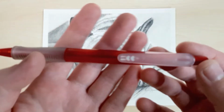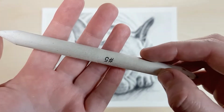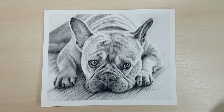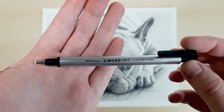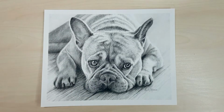And then I've got a mechanical pencil with a relatively dark lead. I'm using a 4B. A blending stump, but you can use a cotton tip if you don't have a blending stump, and a Tombow Mono eraser, and this is like a mechanical pencil but it's a tiny eraser. I didn't end up using this tool for this piece, but I like to include it because I usually use it with my graphite work because it's a really good tool if you need to lighten up any small areas